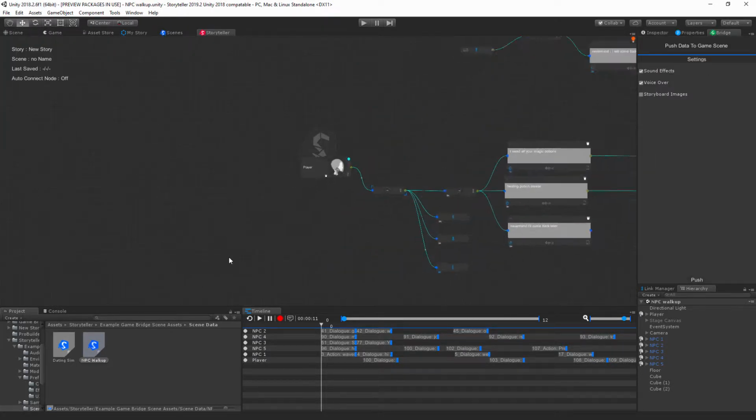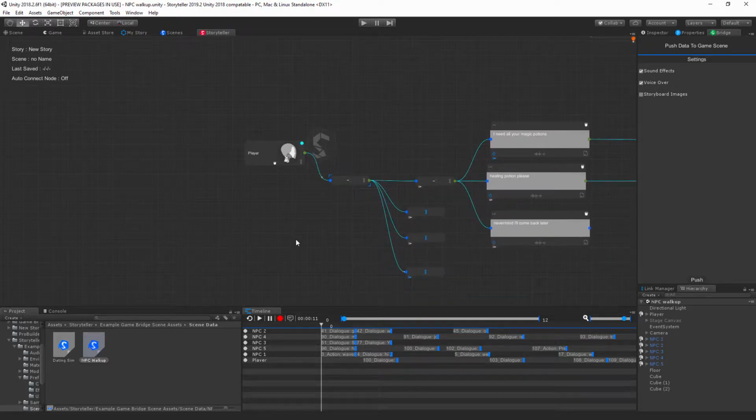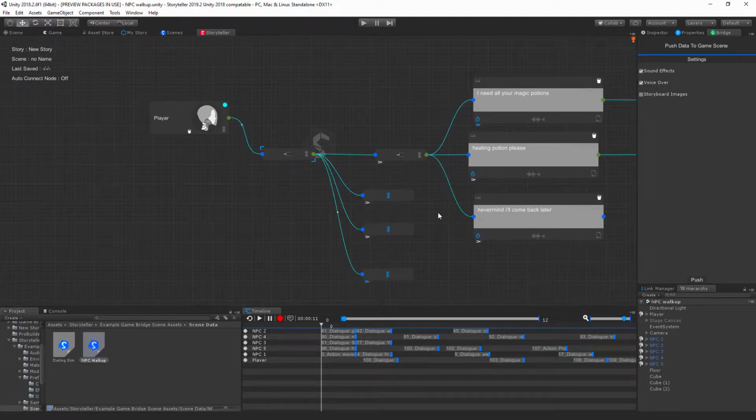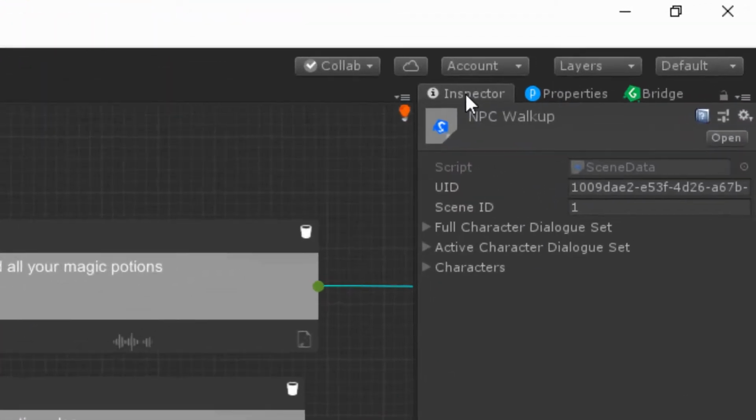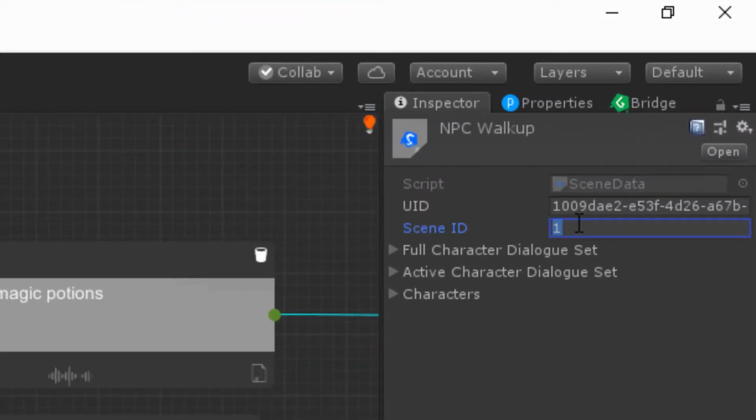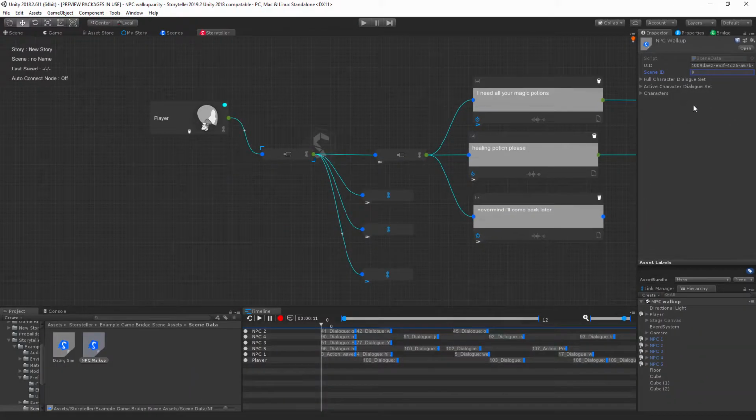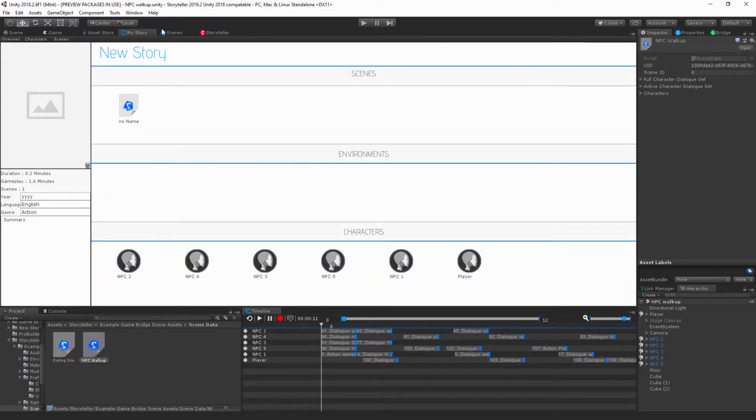And one thing that we're going to want to do in this particular instance here, you won't have to do this if you're working with your own story project, but because I moved this one from another computer to this machine, I'm going to have to go to my inspector and set the scene ID to 0, and this is going to be done automatically in the next update, but for this one it has to be set manual to 0, and that's because here